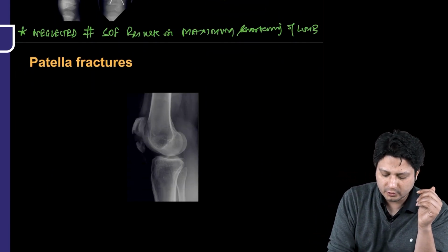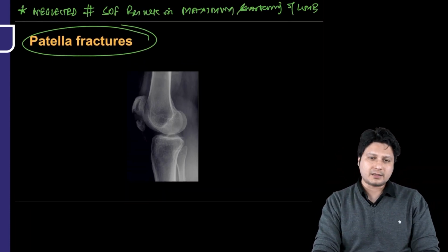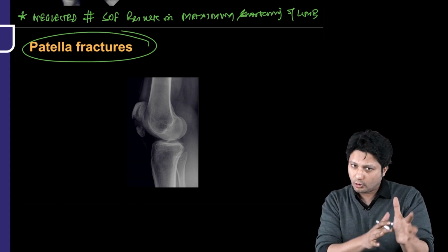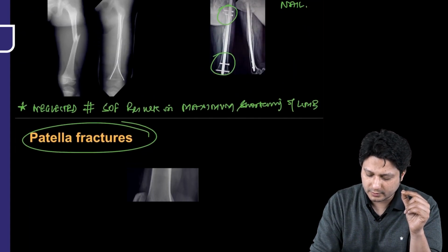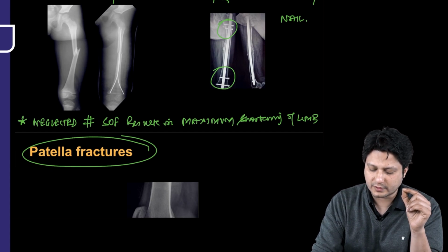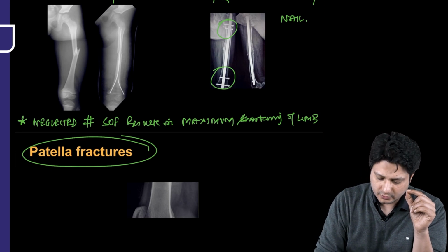Then comes the important topic, that is patella fracture. Now, all of you are aware that patella is the largest sesamoid bone of the human body, and there is a possibility of the breakdown of this bone also. But patella fracture is important for 2 reasons. One is the mechanism which is responsible for causing this injury. All right. So the topic is